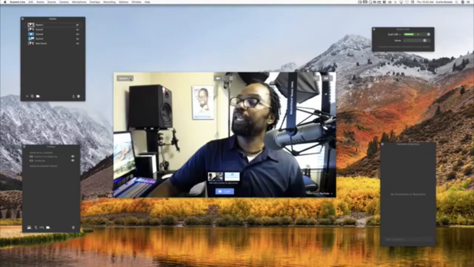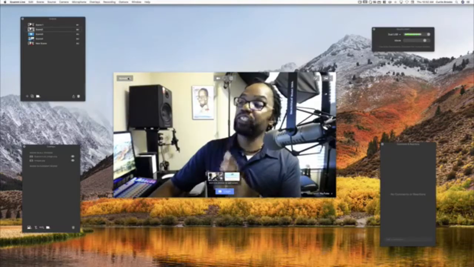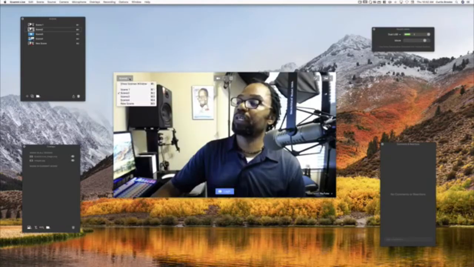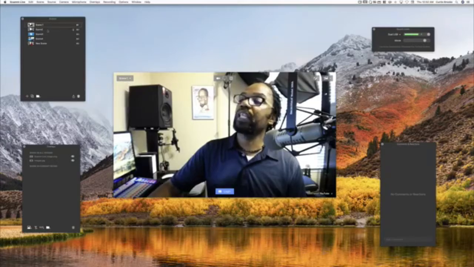Here you'll notice in the upper left-hand corner, I apologize, that it changed to scene 1 because that's the scene that's represented, and it now changes to scene 2, even though it is the same camera. So that's the reason why there's no difference of a scene there. So let's do this here. Scene 1 is the Logitech.